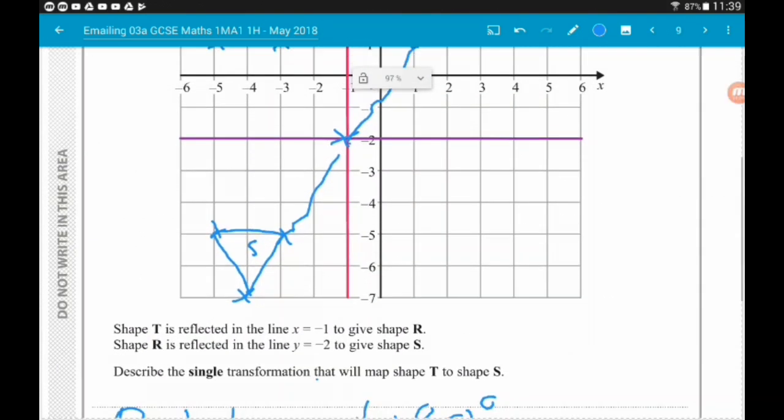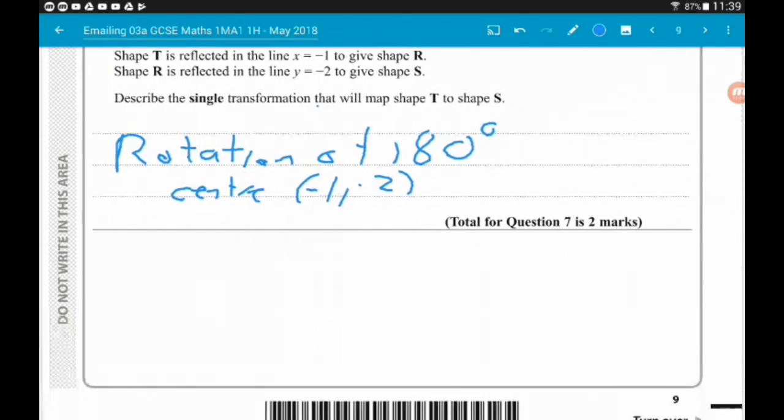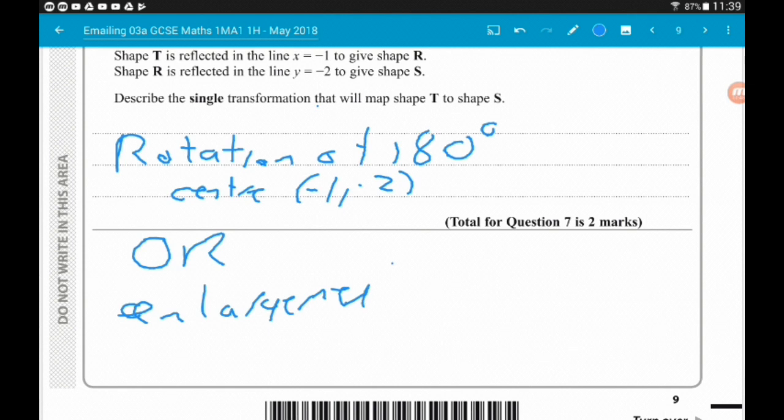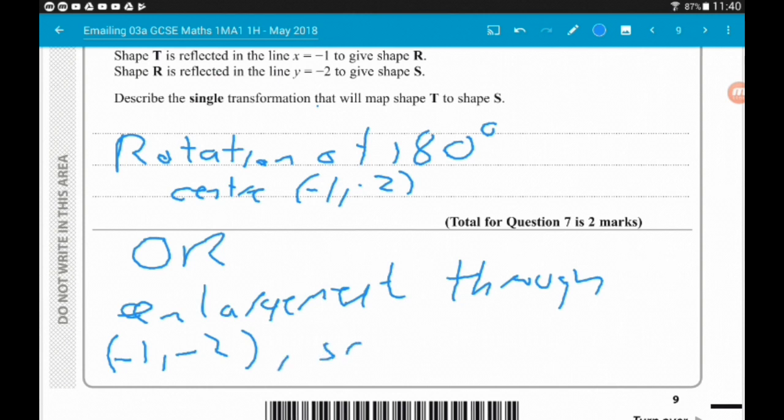So we could call this, or we could say it's an enlargement through minus 1, minus 2, with a scale factor of